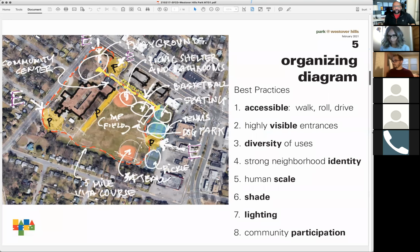And Bert mentioned this one before. We want to make sure it has a strong neighborhood identity. When we talk about Westover Hills Park, we want everybody to know what that is, and it has a unique characteristic that is this specific park. Human scale is really important because we want to make sure that this is designed for the people who use it. So that's creating spaces that feel comfortable to be in, feel safe to be in,